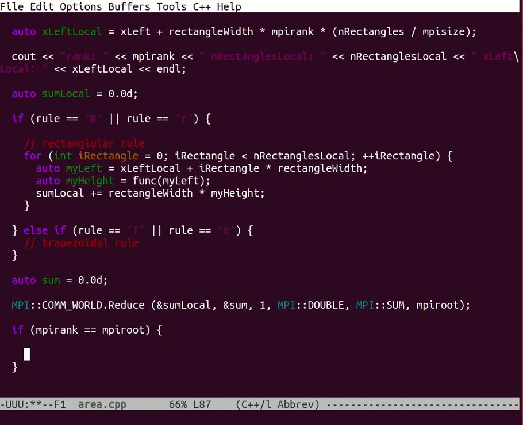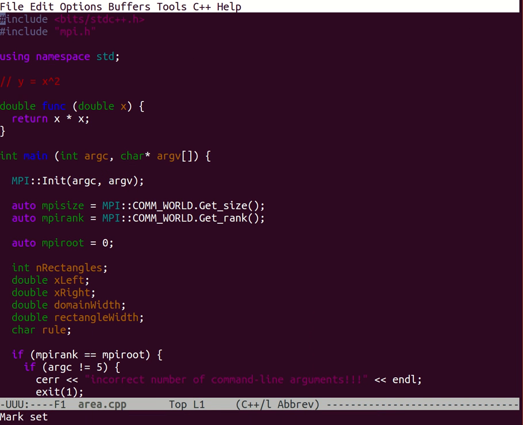So we're just going to do a cout, area on the curve, right? And I'm just going to print out sum, and that's it, right? So for this particular very simple curve, y equals x squared,